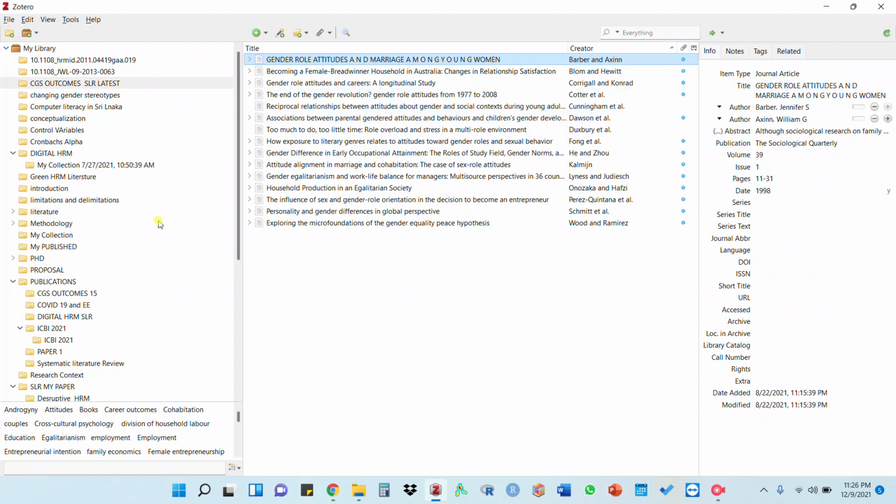So basically this interface consists of the collection pane, the item pane, and each item's information pane. So this is the basic information about the interface. And then after that what you can do is,